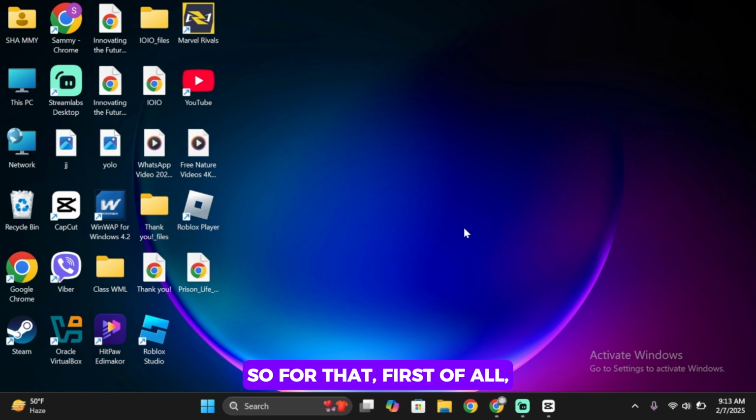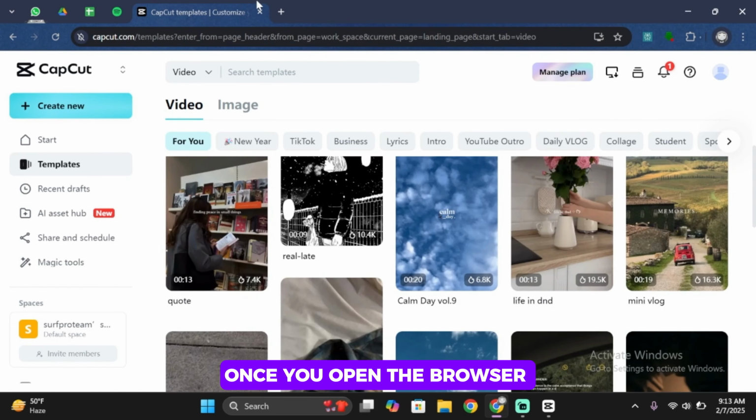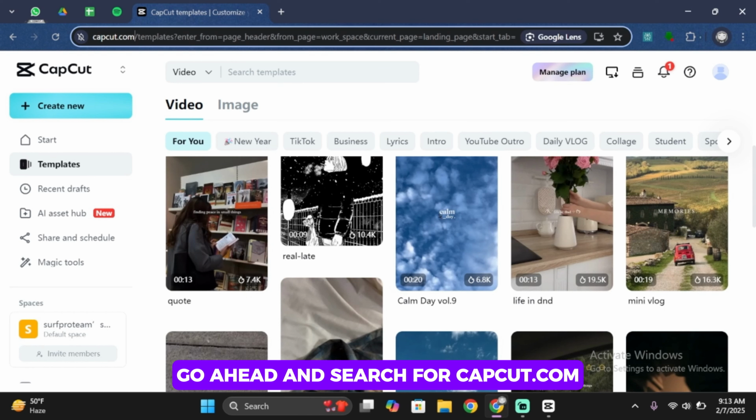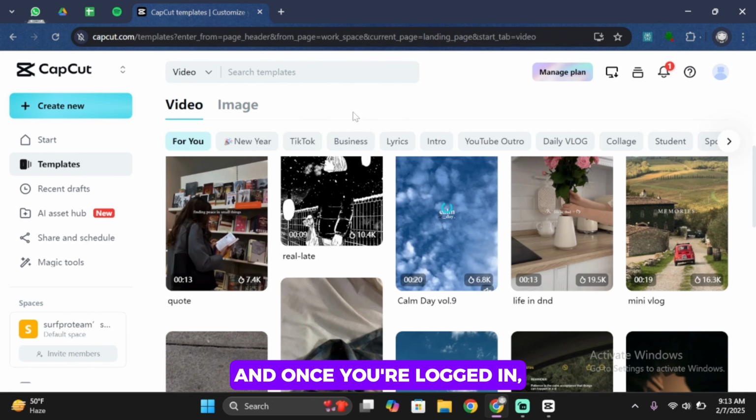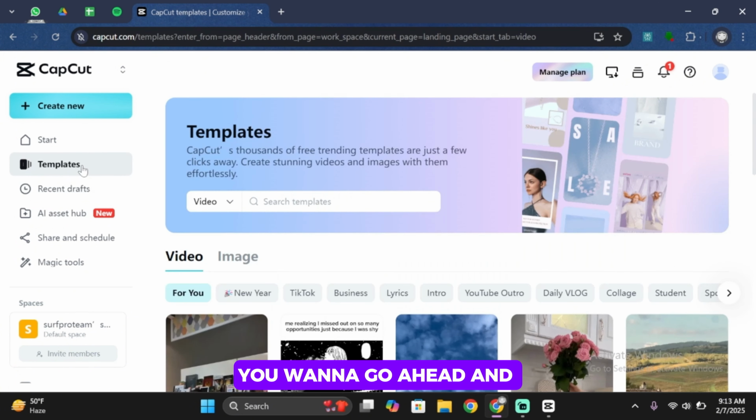So for that, first of all, you want to go ahead and open any browser in your PC. Once you open the browser, in the search bar, go ahead and search for CapCut.com. And once you search for it, you simply want to go ahead and log in to your CapCut account. And once you're logged in, you want to go ahead and tap on templates right over here, and inside the